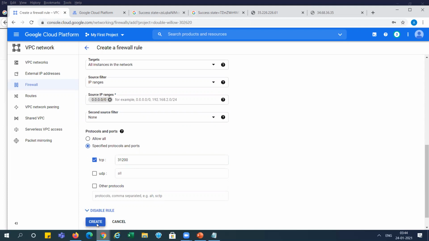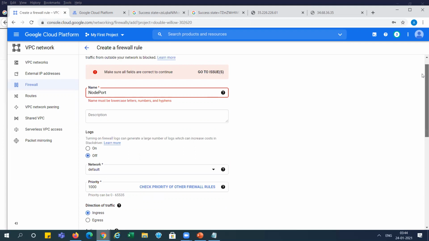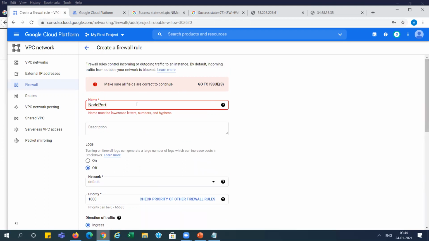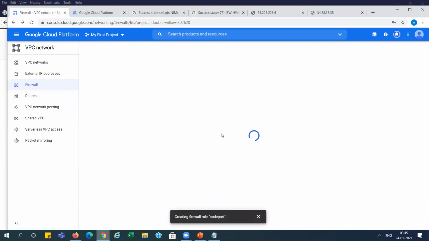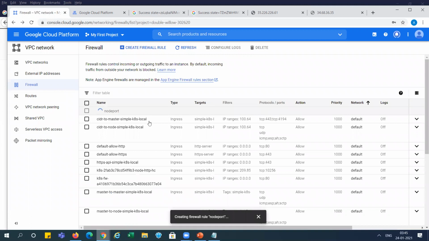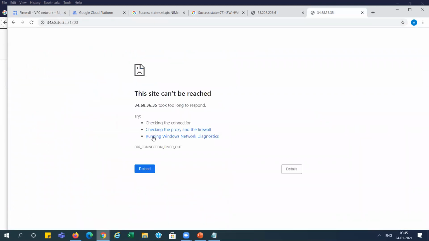I am just creating this rule. Not port, right? Let me check it again.